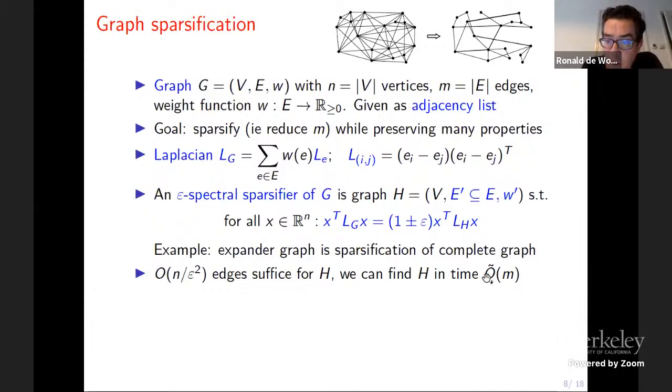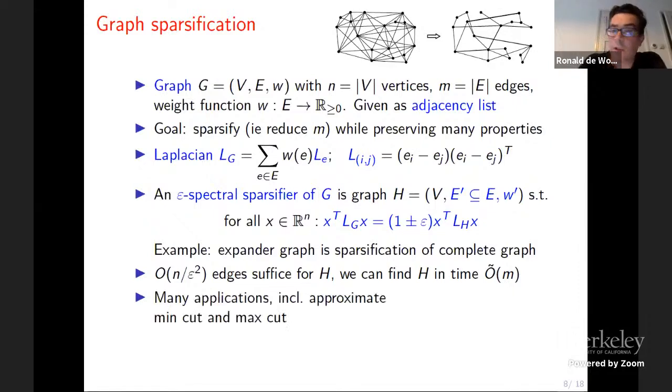This O tilde, by the way, ignores some log factors. You can think of this as essentially linear time in the input length, because the input length is proportional to m. As an adjacency list, you're just storing a list of edges. So this is essentially linear in the input length. And this is all classical, and it has lots of applications,